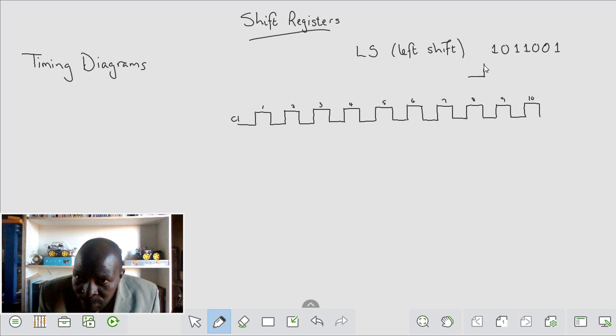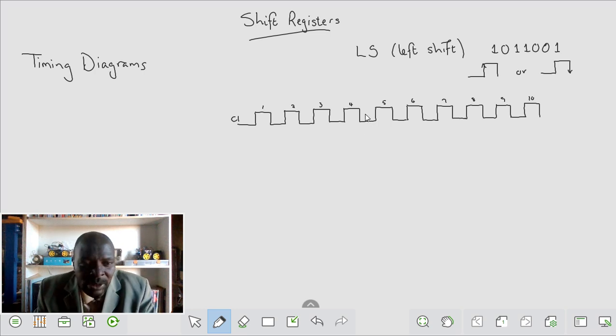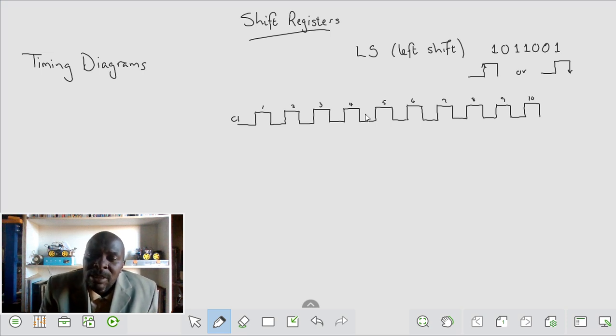Are we using leading edge type, or trailing edge type? What do we mean here? We mean, is it just normal latches, or is it master-slaves? So you either have a response on the leading edges,